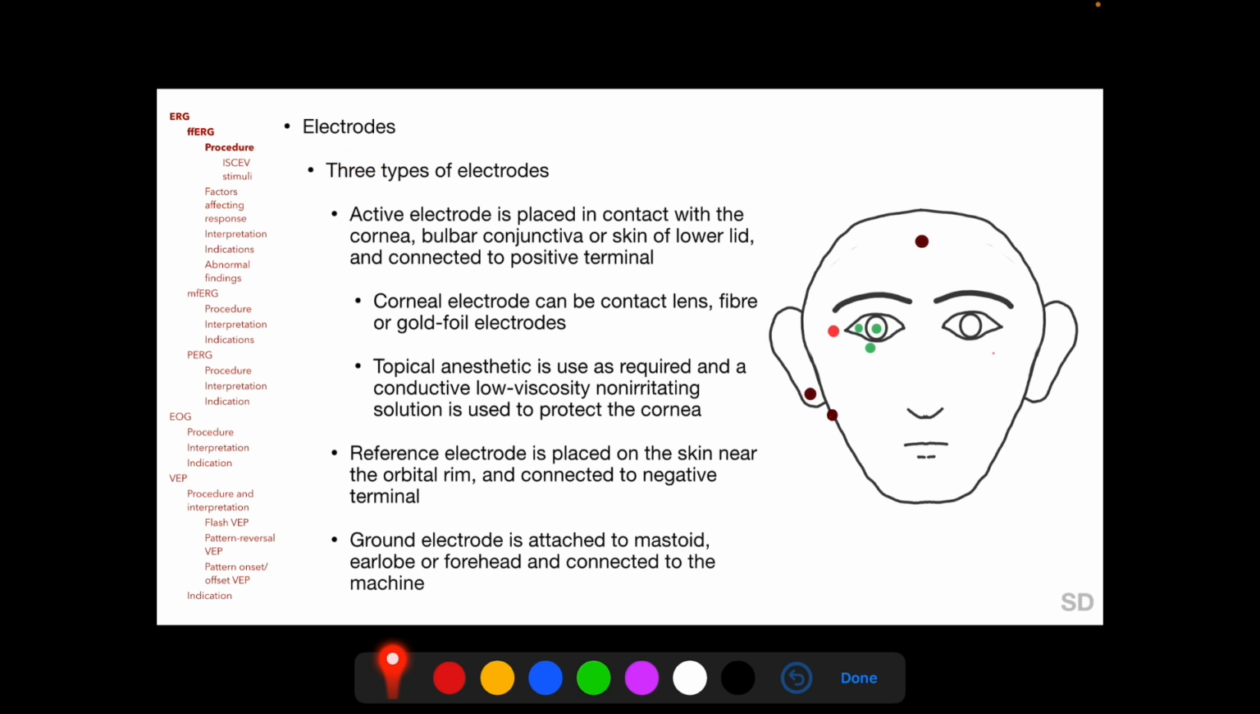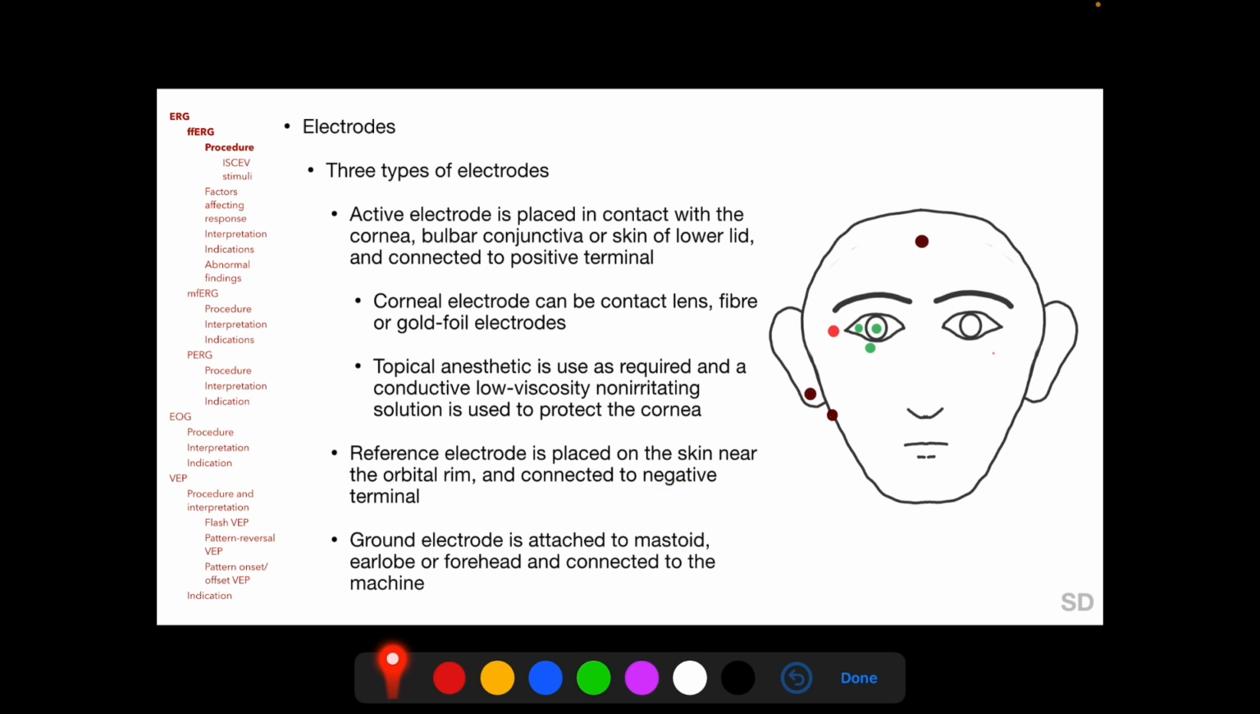The active electrode is placed in the cornea, the bulbar conjunctiva or the skin of the lower lid and connected to the positive terminal of the equipment. The reference electrode is placed on the skin near the orbital rim and connected to the negative terminal of the